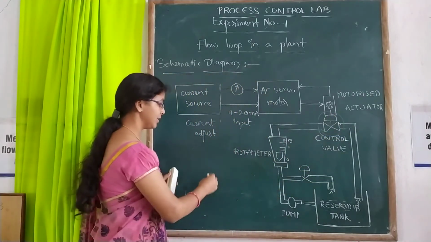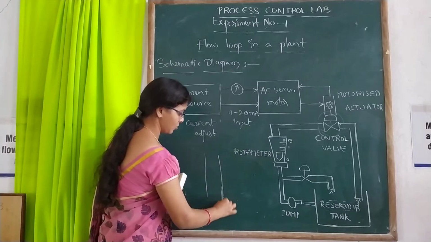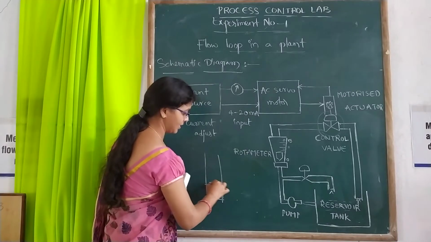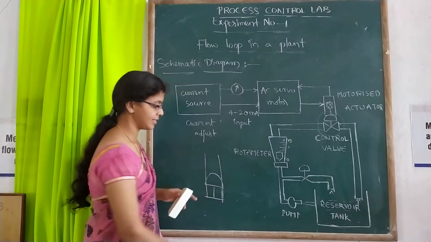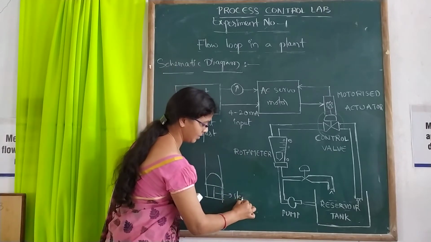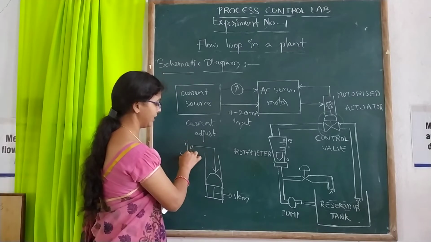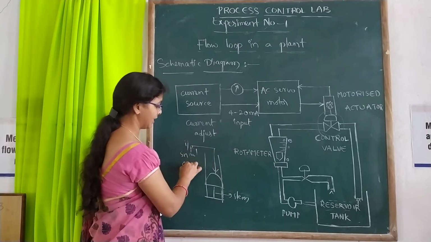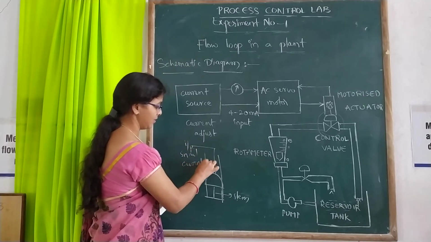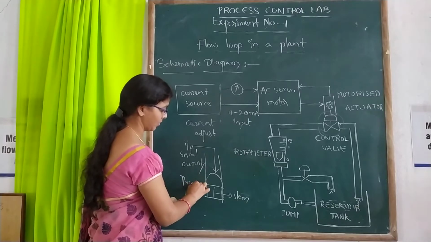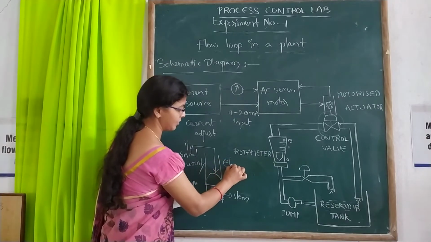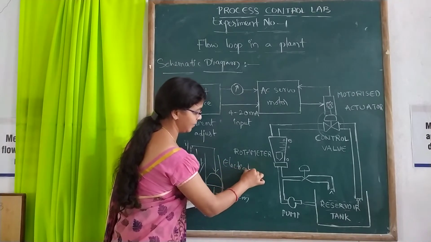So for example, this is a control valve. Here we have a stem. This is called a stem. And here I am going to apply the input signal. Whatever the input signal, it may be a current signal or else a pressure signal, that is, either an electrical or pneumatic signal.